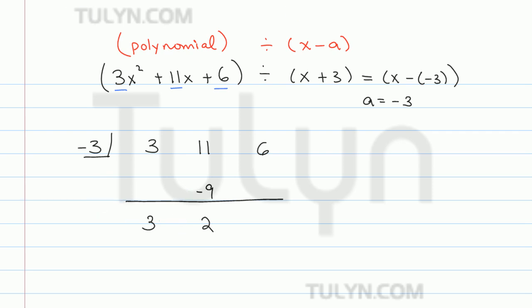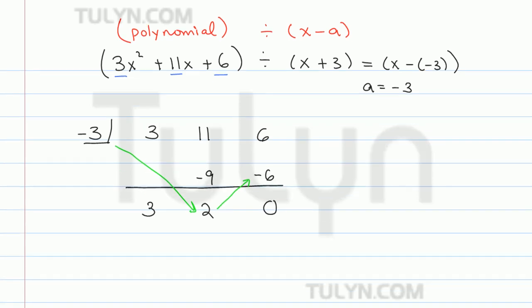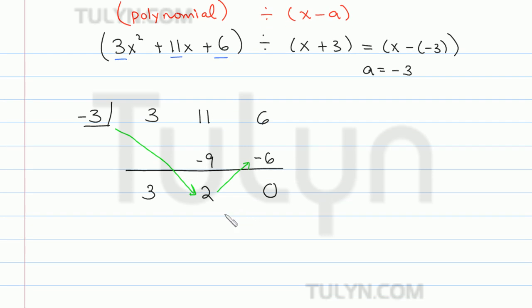So then what we want to do is basically the exact same thing, but now with 2. So we want to multiply negative 3 times positive 2, and then put the result in that remaining slot right under the 6. So negative 3 times 2 is going to give us negative 6. And when we add 6 and negative 6, we're going to get 0. So now we found the coefficients for our quotient, right, the result,